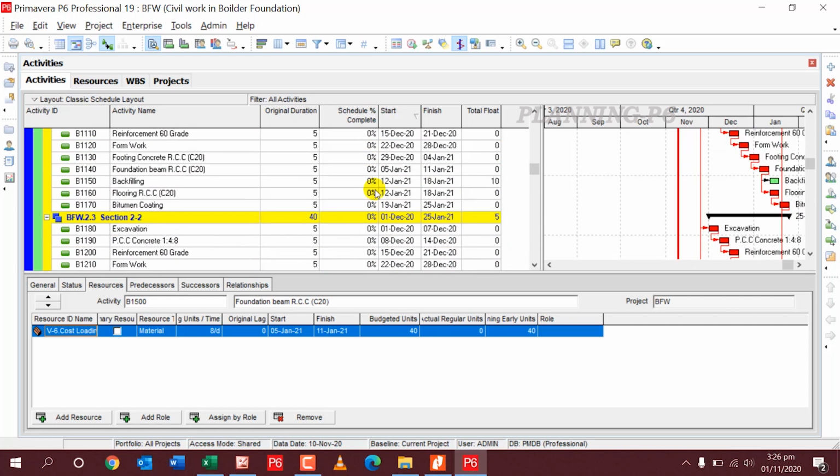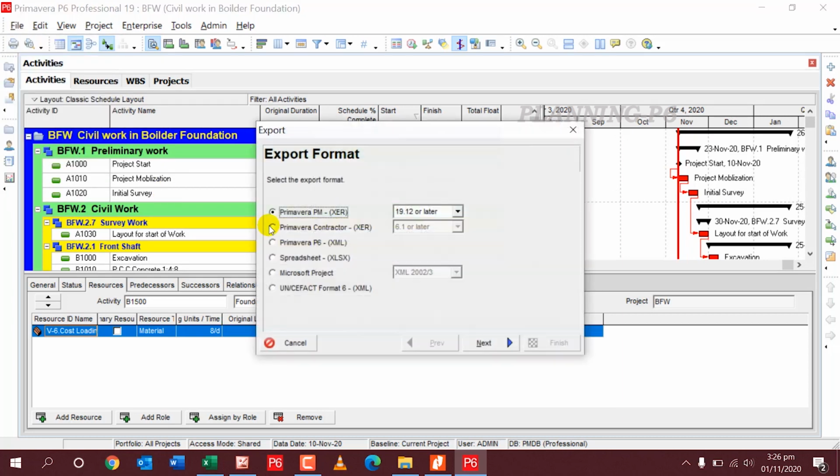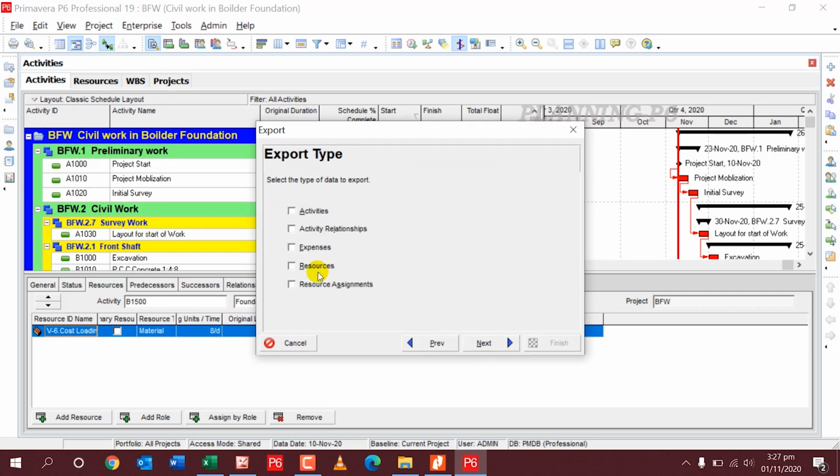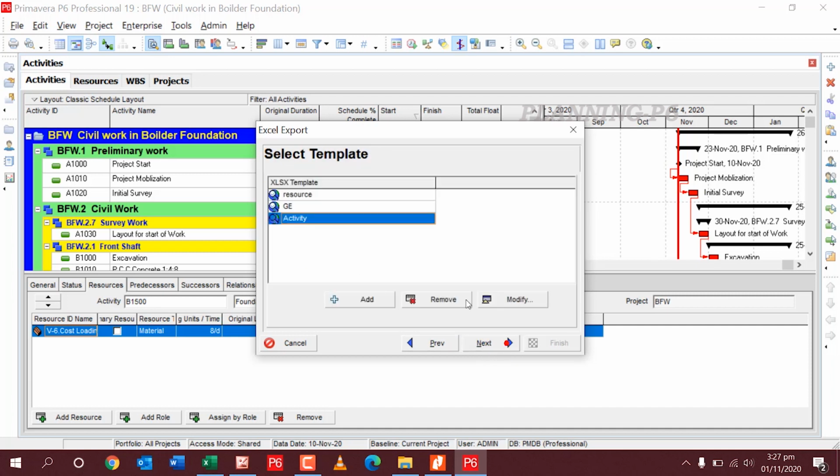So what I will do, I will import and export this file to an XLS file, new, and this time I will select resource assignment, and I will export and add here a file, a resource assignment.